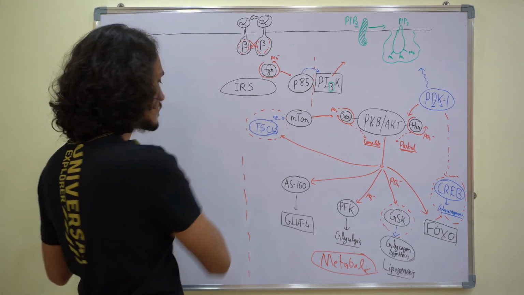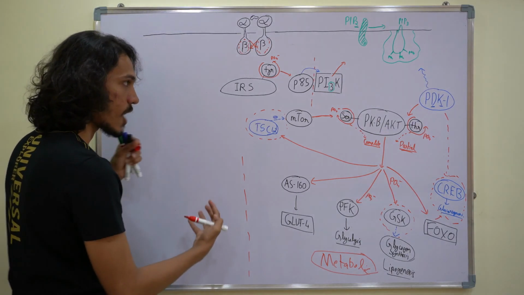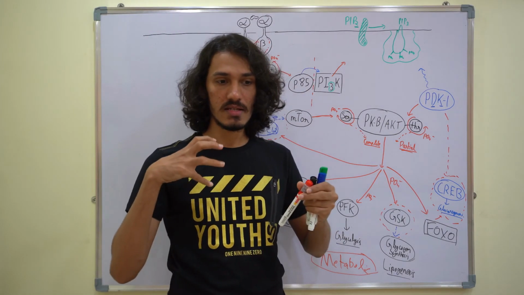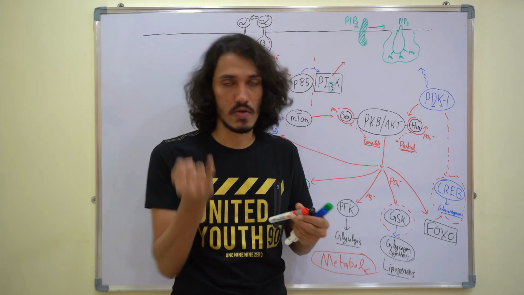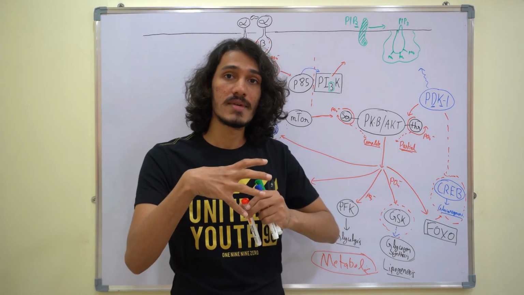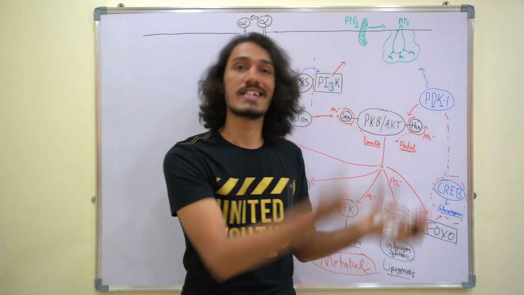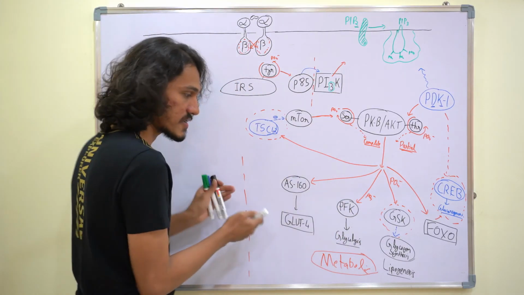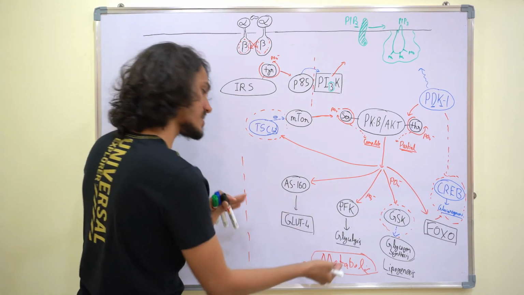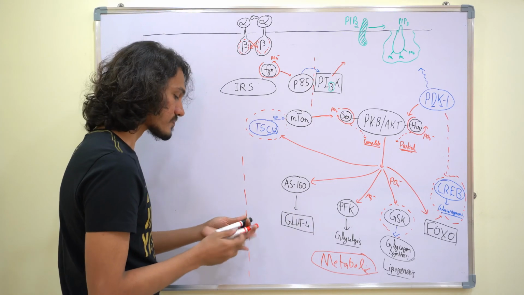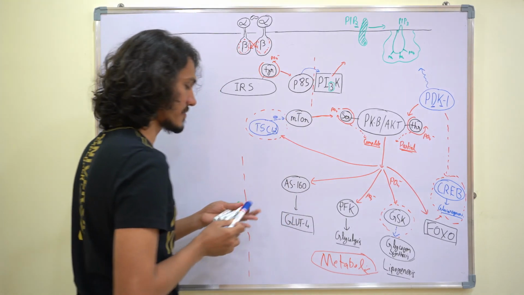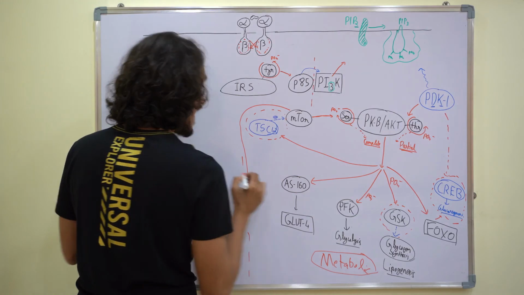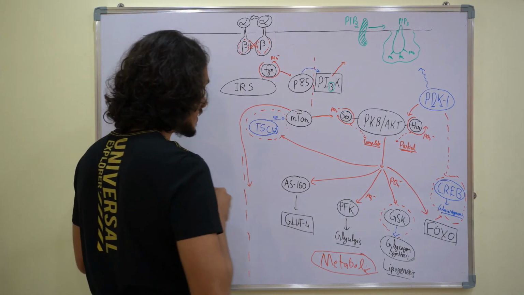So here I'll help you understand how the mitogenic action happens. Mitogenic in the sense that insulin like growth factor, insulin, all of them seem to have a proliferative mitogenic action. How is that taking place? So before that, there is also another pathway which has both metabolic as well as mitogenic action. So that is where your mTOR is coming into play. So mTOR is going to activate your